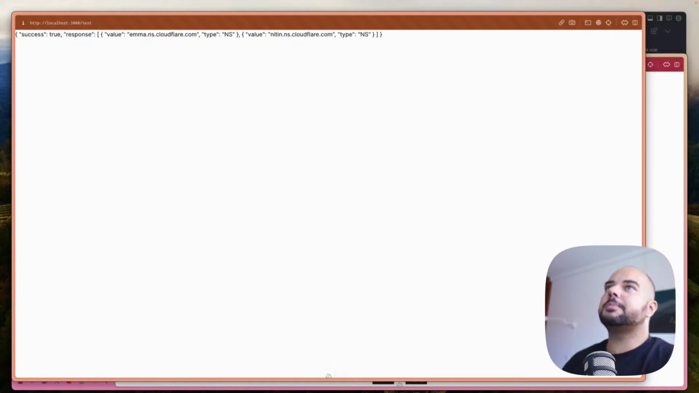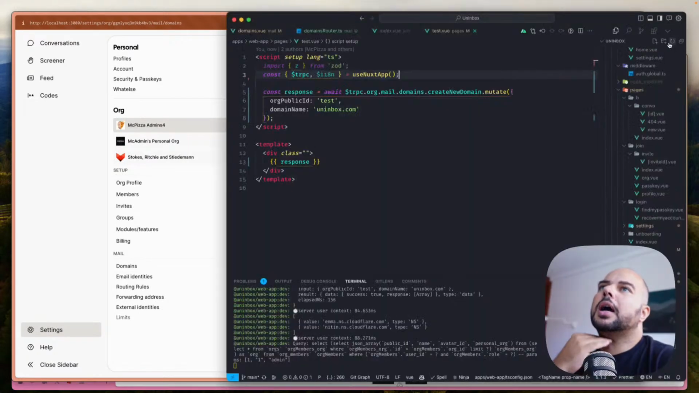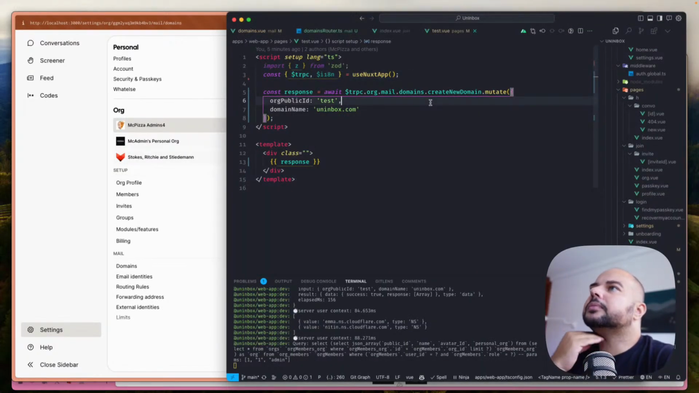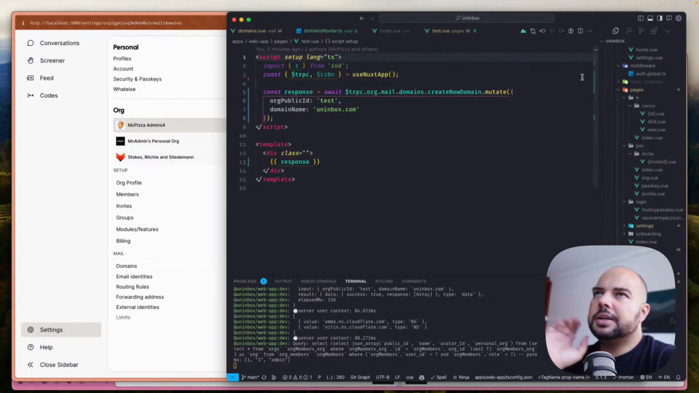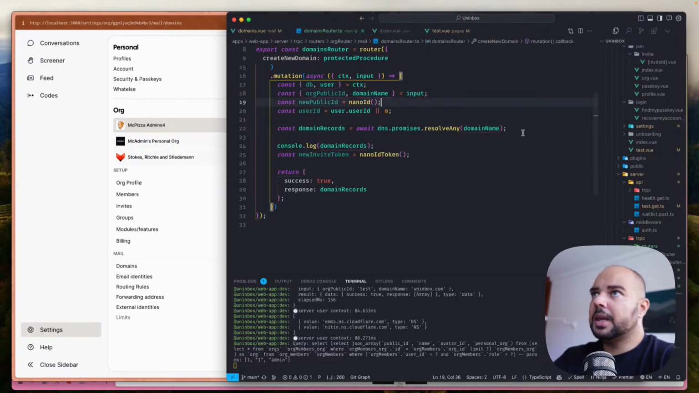All right, so let's get back to this then. Okay, so now we've got that working. Let's go into the right monitor. Let's go back to where we were. We can leave this page as it is. We were in the domains router. All right, so